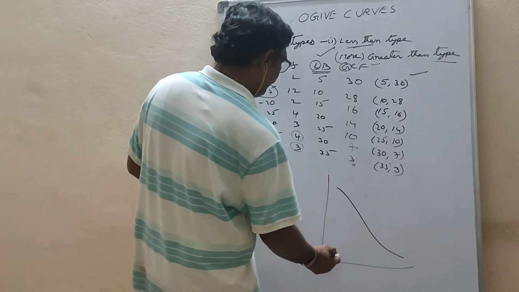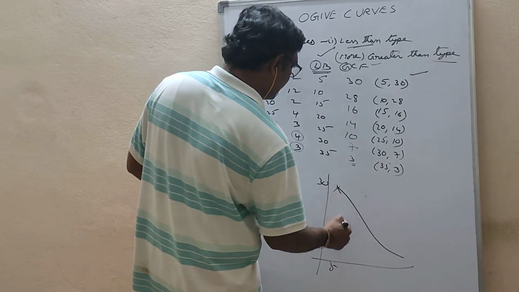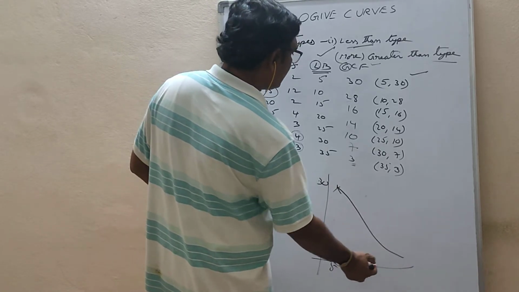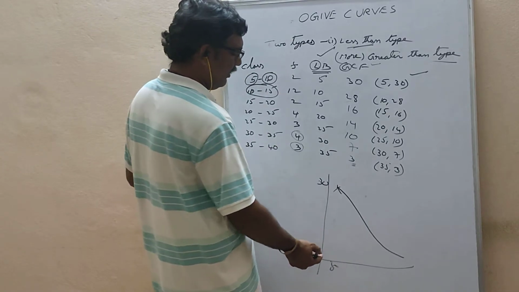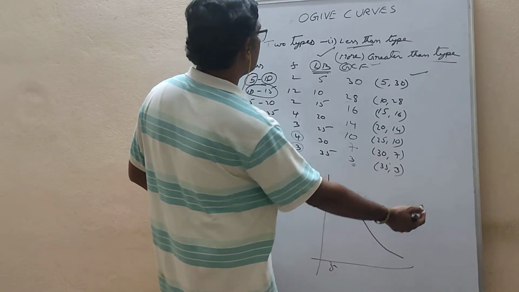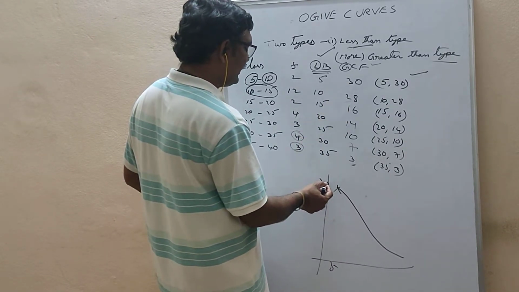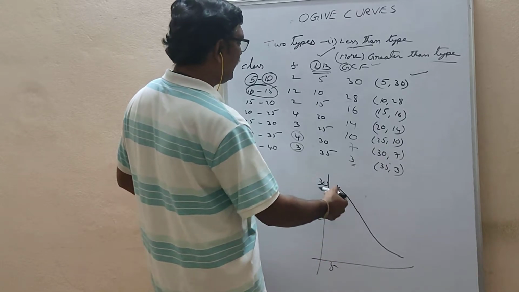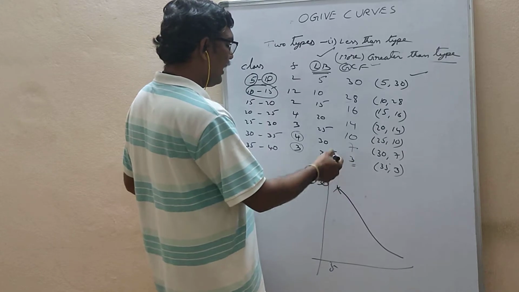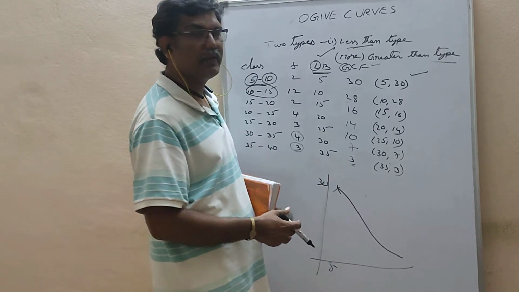So here if it is 5, this is 30. So its x-coordinate is 5, its y-coordinate is 30. Here writing numbers depends on the scale which you are taking. On the x-axis, 1 centimeter is equal to 5 units. So on the y-axis, to get 30, if 50 lines are there, each you can take 2: 2, 4, 6, 8 like that, and mark scales on the x-axis and y-axis.